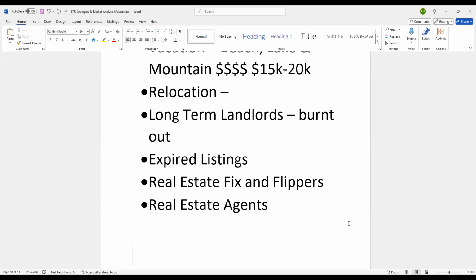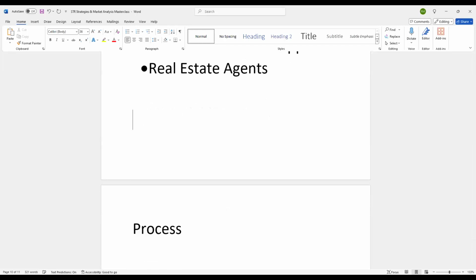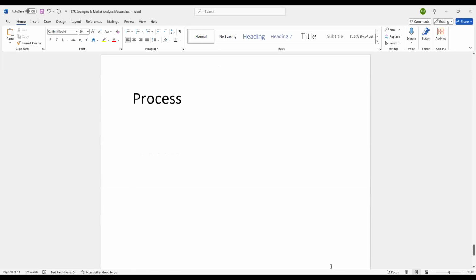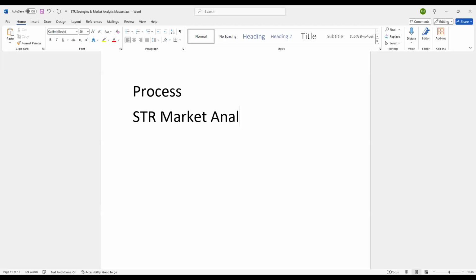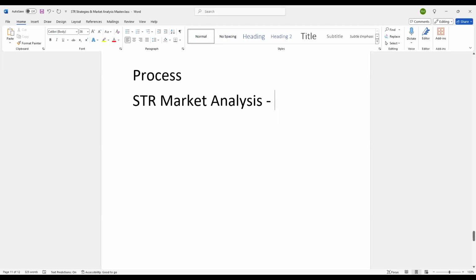All right, so let's move on and talk about the process with management. Right, so the process, not too unlike the others, but usually the starting point, and the ability to kind of look at this as an opportunity, is you're going to become the expert in running the short-term rental market analysis, and basically help that person decide if they want to do short-term or long-term, right? You're going to show them the difference, in order to help them make a decision on what route they want